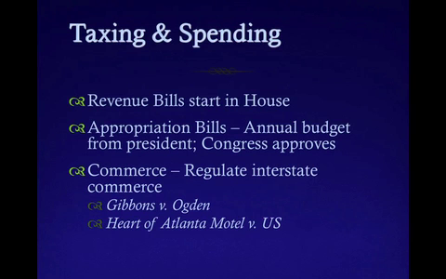And this was a case of the Heart of Atlanta Motel versus United States. Basically, the Heart of Atlanta Motel was violating some of our civil rights acts of the 1960s by not allowing African Americans to stay in their places, and if they were staying there, having them just in specific rooms. And so the United States sued the Heart of Atlanta Motel, and their rationale for doing this was that motels